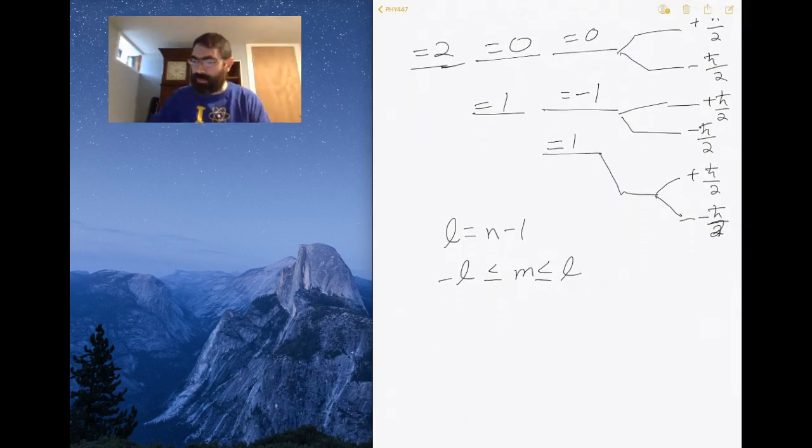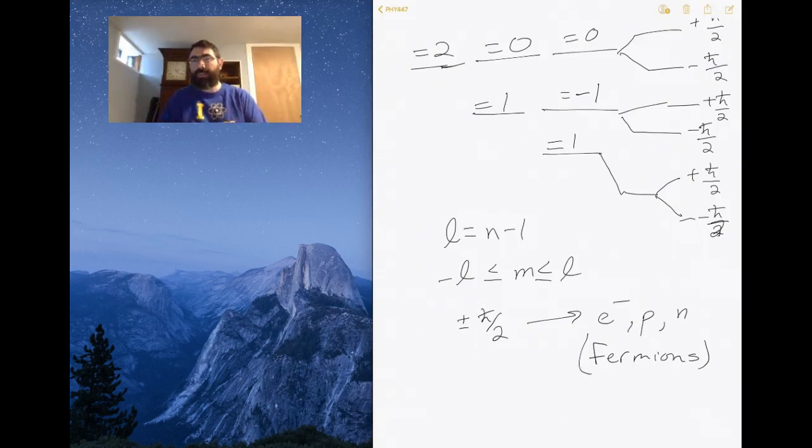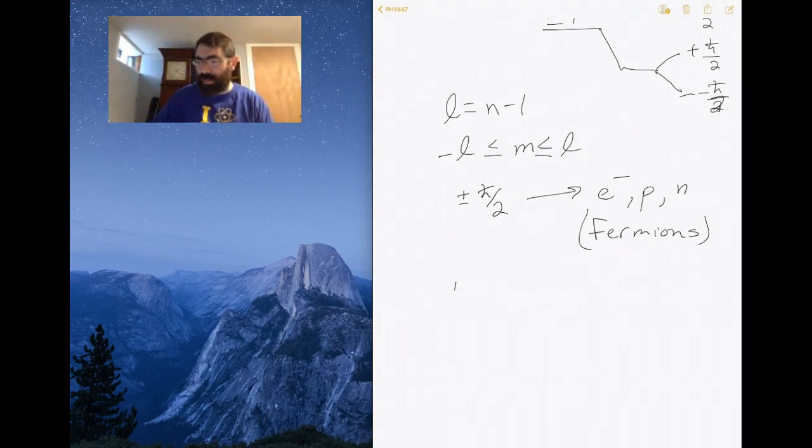And now we see that spin, which I haven't quite given a label yet, at least for the electrons, is plus or minus h bar over 2. So this is true for electrons, for protons, for neutrons, basically any of the fermions. We can have spin of other combinations, but that's only when you get composite particles. So if I now put a proton and a neutron together and form the nucleus of deuterium,